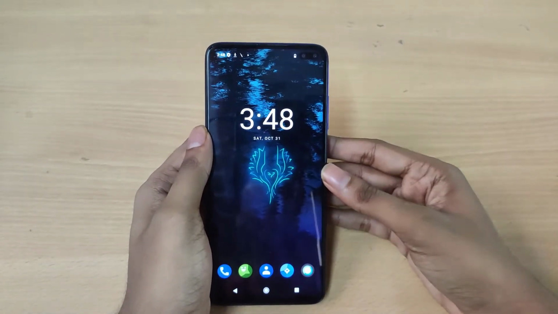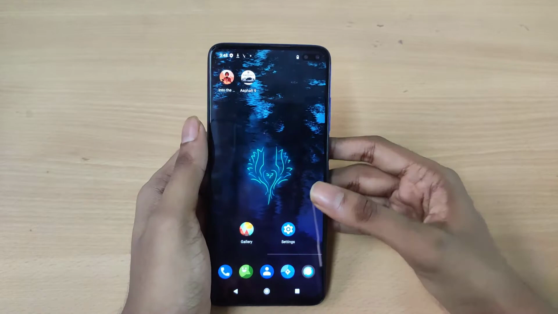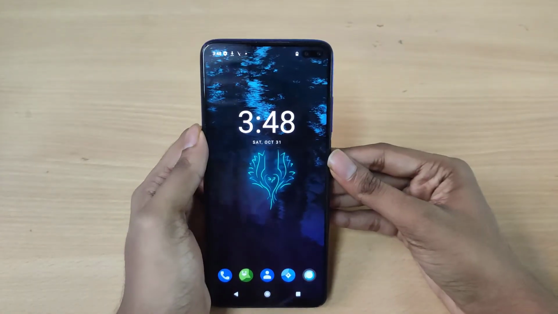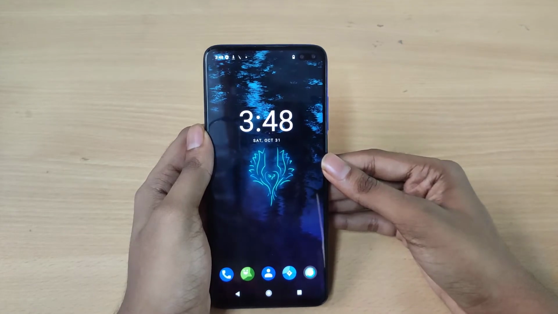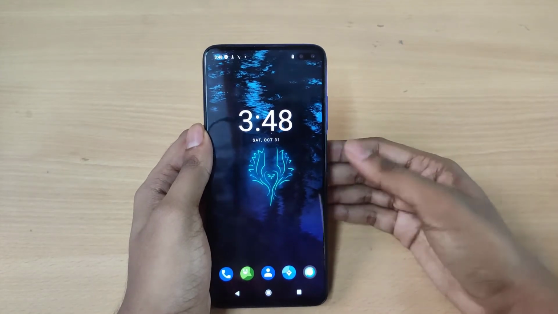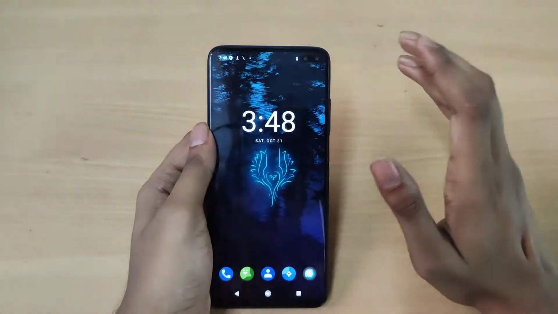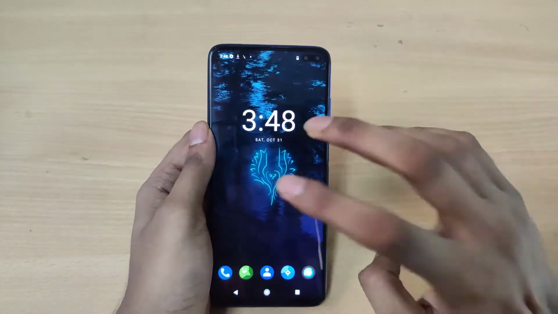So today I'm gonna review AOSIP OS for the Poco F1. As you can see, the good thing about this ROM is it's based on the latest security patch, so you don't have to worry about the security issues. Also, it's based on Android 10, so you don't have to install Android 11 to have that latest